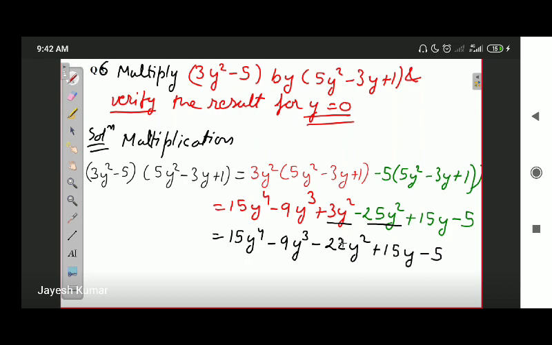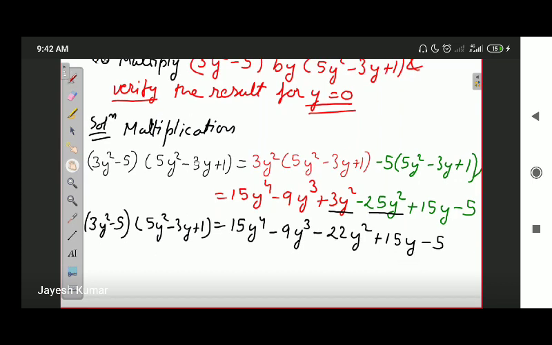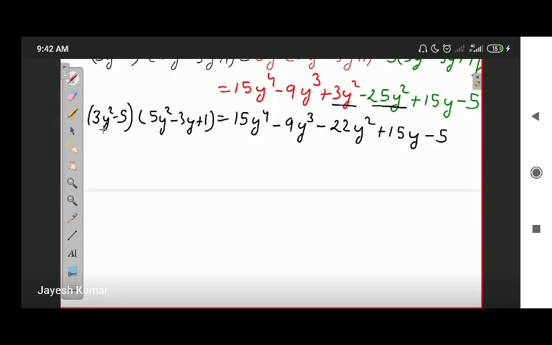Okay. So in LHS we had 3y square minus 5 into 5y square minus 3y plus 1. This was in LHS, and in RHS we have this. Now we have to do verification for y is equal to 0. So in order to verify, we are doing verification at y is equal to 0. The value of RHS will be,